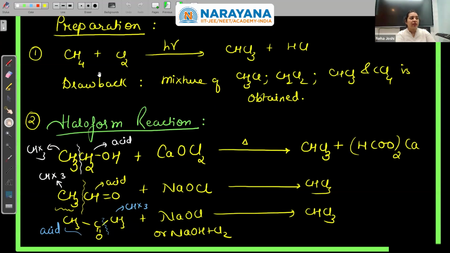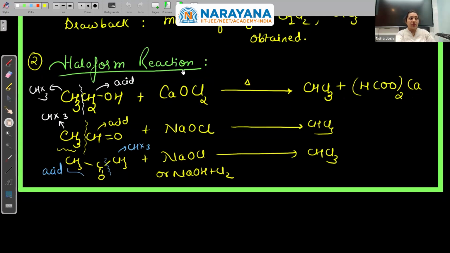Coming to preparation of halo compounds, we have methane, say chlorine attacks directly in hv, right? So we can have this prepared, but it's certainly not a very good method for chloroform preparation because there will always be a drawback of forming other types of halogen compounds. CCl4 can also form, CH3Cl also, CH2Cl2 also. So how to control that only chloroform is formed? That is difficult. Then comes the haloform reaction, which is in fact the best